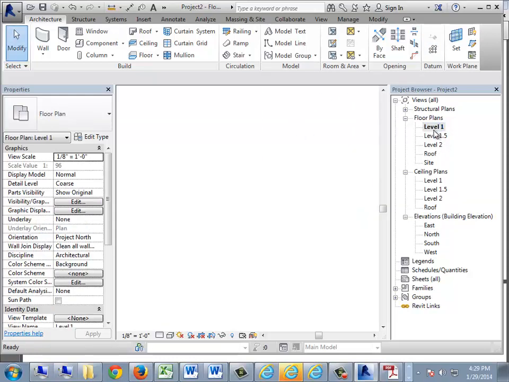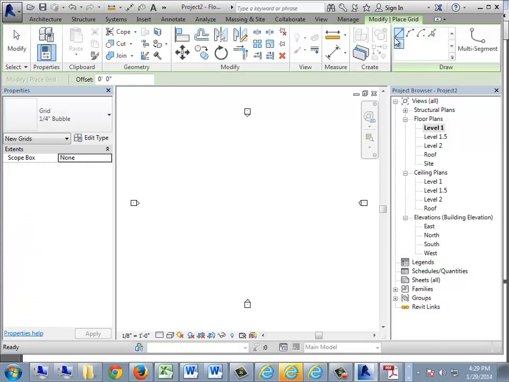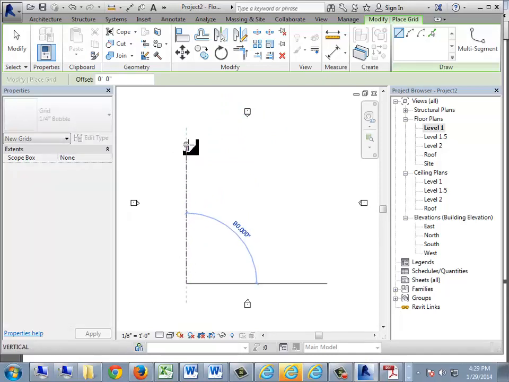So let's go to level 1 or 2 or wherever you want. I'll put some grids in here. Again, I can draw them or offset them. I'm going to draw them. I'm always bad about remembering this. Do I come down like that? No, it looks like I go up instead. Okay, I'm going to do it the other way. I'm going to come from the bottom to the top just so my grid bubbles appear in the same way they do